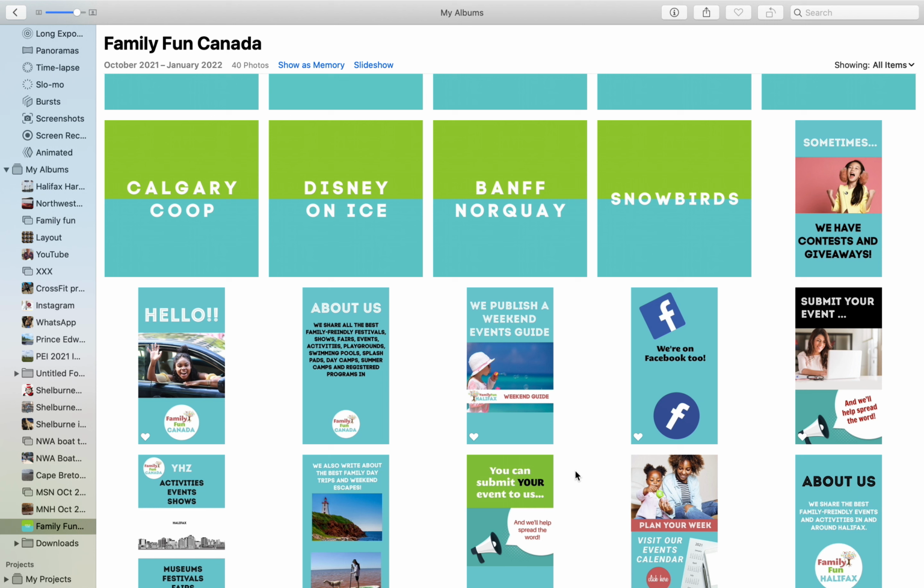Really quickly, here is just another way that you can do an Instagram story. So I'm showing you here in my photos on my computer. And what I did earlier is I created a load of Instagram stories in PicMonkey using the template. So I made the correct size, and I used our logos and our branded colors, and I put all these